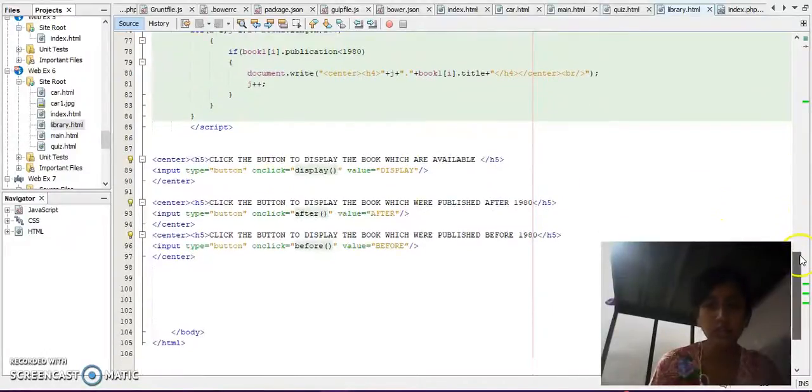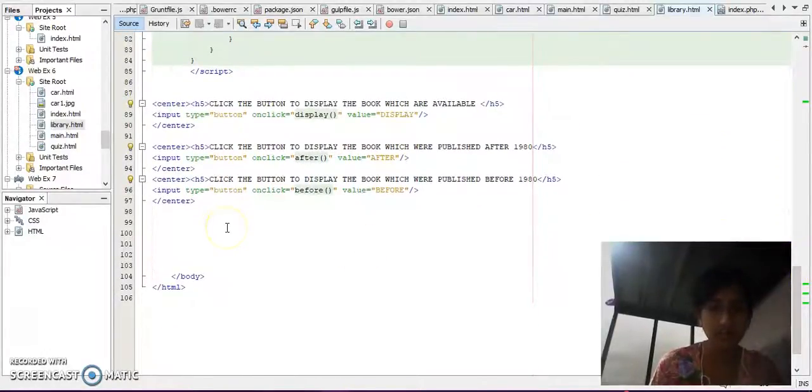So these are run only after clicking the button. So the buttons are created for the display function, after and before function. So once these buttons are clicked, the books that were published before 1980, after 1980, and the entire book list are published. So when I run the program,